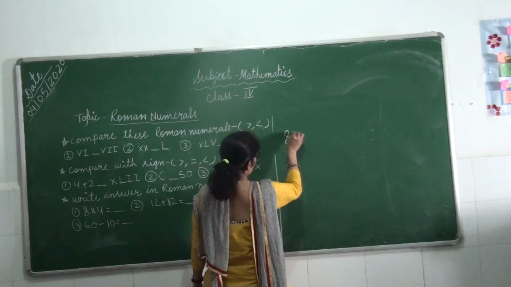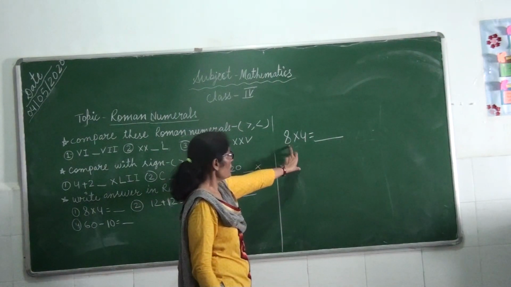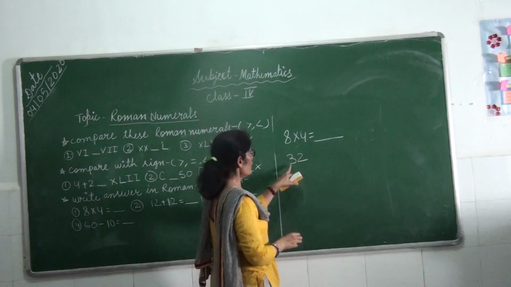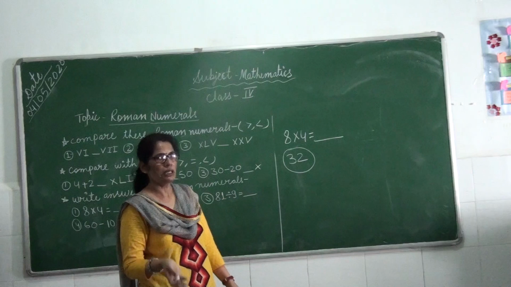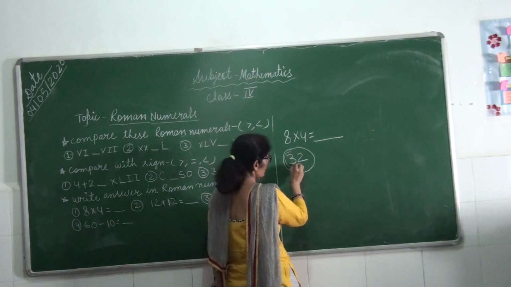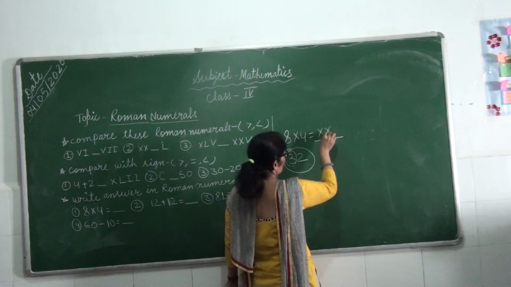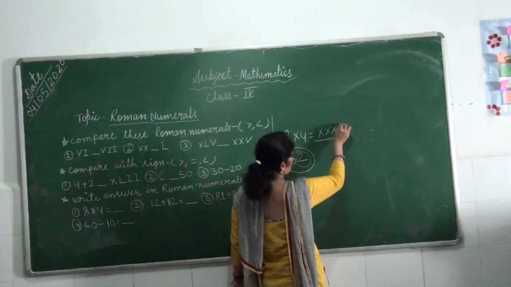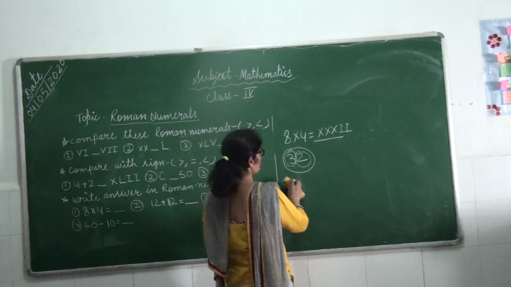Example: 8 multiplied by 4. What answer will become here? First you multiply both. 4 8s are 32. The answer will be 32. And this 32 you have to write in Roman numerals. इस 32 को आपको किस में लिखना है? Roman numerals में. Then 30, this number you have to take in the tens place. Now 3 tens means 3X. We have to make 3X for 30. And after that 2. 2 के लिए हमको क्या लेना है? 2I. The answer will be 32 in Roman numerals.